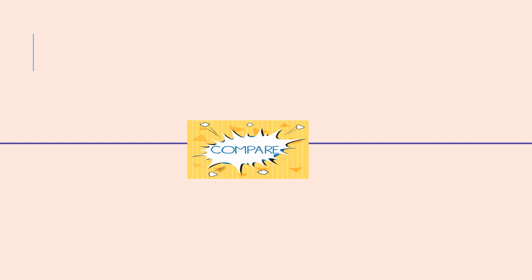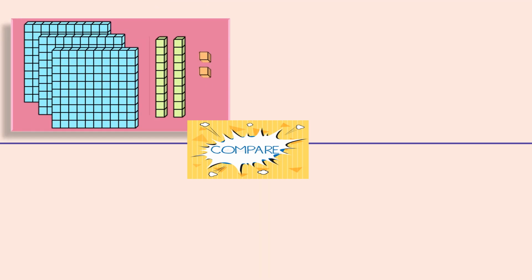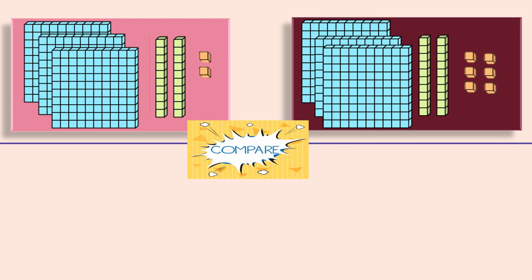Okay children, now we are going to compare another set of numbers. We are going to take base 10 blocks again. There is the first picture and we want 2 pictures to compare, right? So this is the another one. Now we always have to start comparing from the highest digit. Here we don't have the digits exactly, we have the blocks. As you can see, hundreds block is bigger than groups of 10 and extra ones, right? So we always have to start from the hundreds blocks.